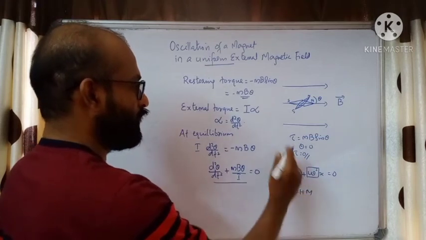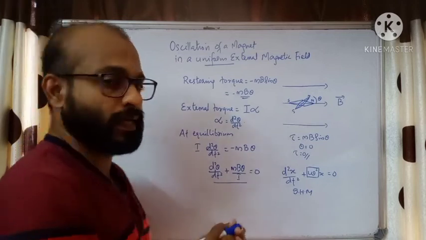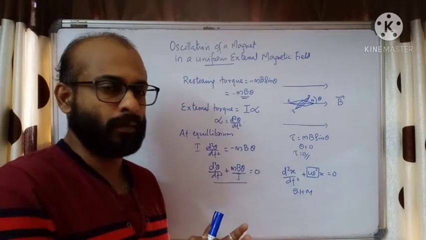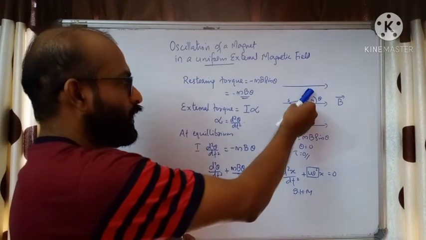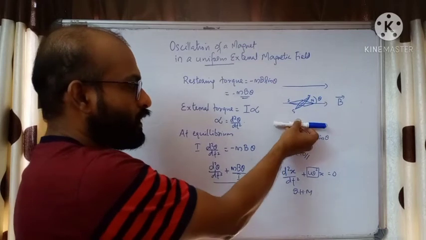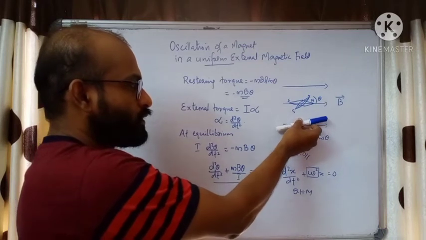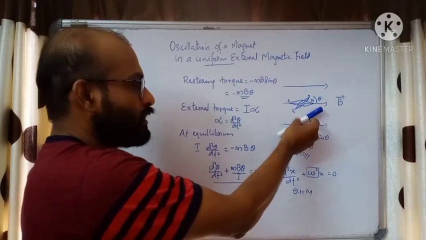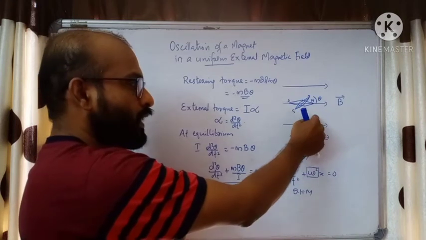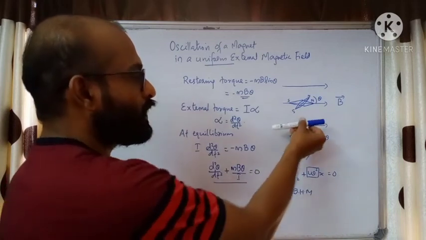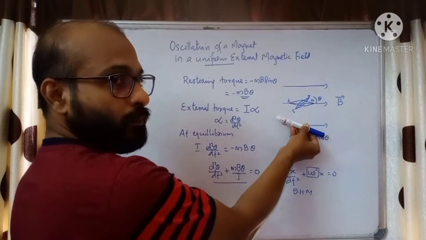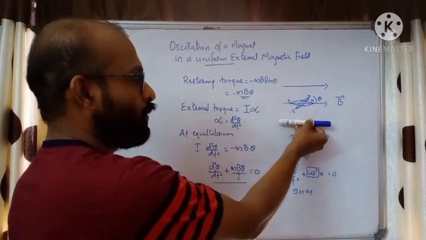So we can say this compass needle, due to the external torque, when you remove the external torque, what happens? By the restoring torque, it will try to come back to the equilibrium position. This was the initial position of the compass needle. Now it is displaced to an angle. When you release the external torque, it will try to come back to the equilibrium position because there's a torque acting in this direction. But it cannot stop at the equilibrium position. It will overshoot because of inertia.